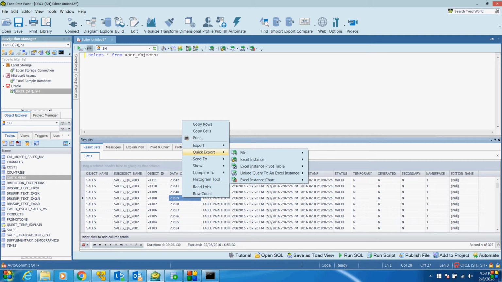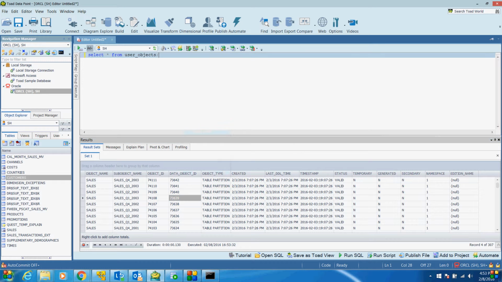Click export. See here, pivot table, which is an Excel feature, then file, CSV file, HTML file. If you want extra features, there is an export wizard. So we can export the data here also.